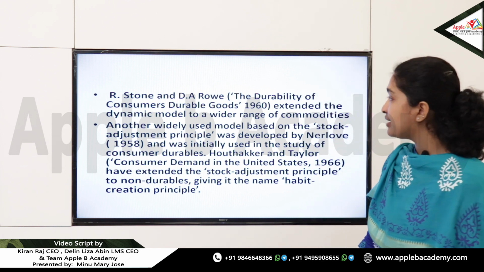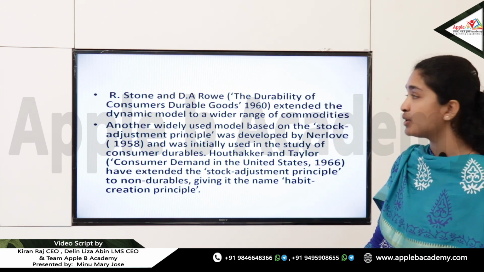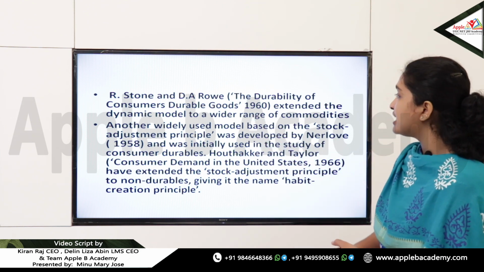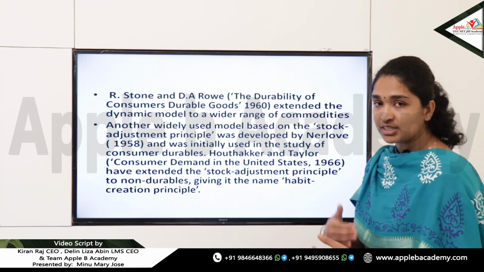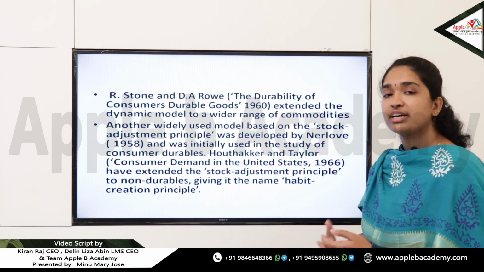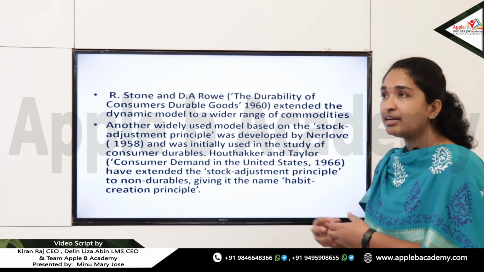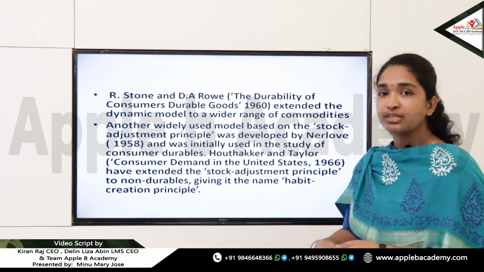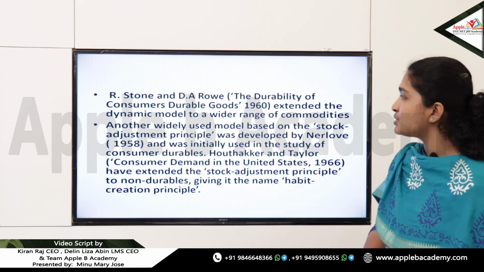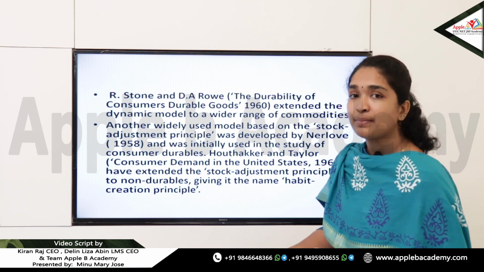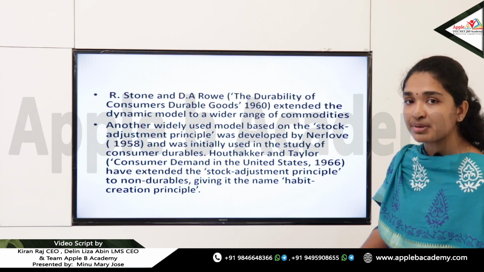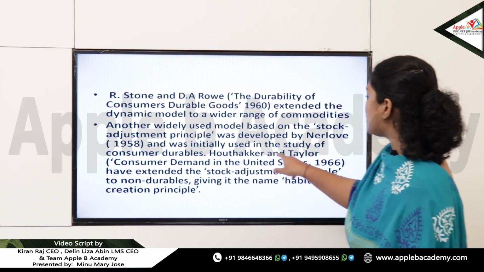And Richard Stone and D.A. Rove, the durability of consumers' durable goods, is another theory which came up in 1960 and extended the dynamic model to a wider range of commodities. So all the theories that came after the revealed preference theory were more or less dynamic theories which were used to explain consumers' behavioral patterns in the market. This dynamic model was again given by Richard Stone and D.A. Rove in 1960. Another widely used model was the stock adjustment principle, which came up in 1958 and was given